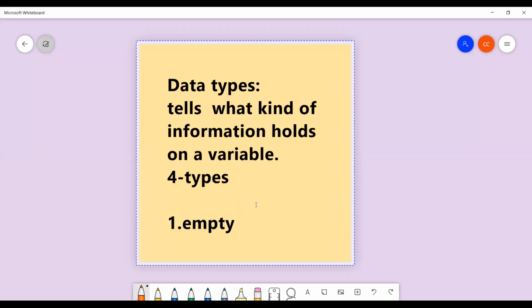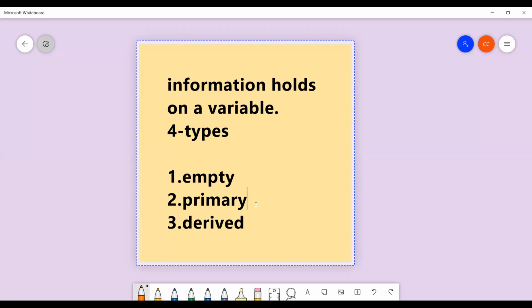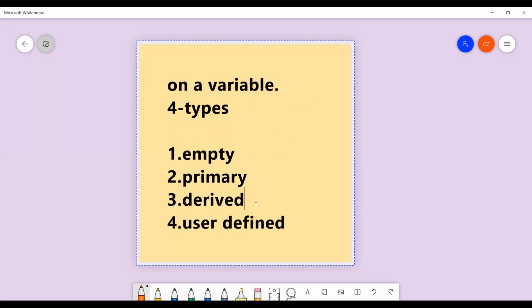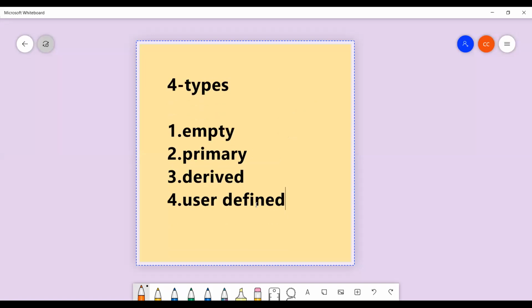Again, our topic is data types. A data type tells what kind of information a variable holds. There are four types of data types available. First is the empty data type, second is primary data types, third is derived data types, and last is user defined data types. Now, the first one is the empty data type. There is only one empty data type, that is called